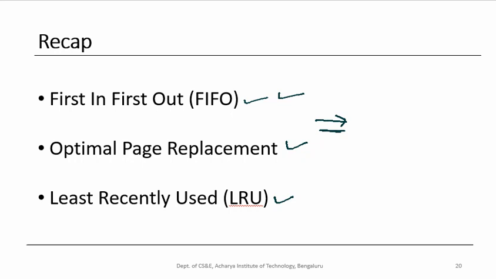In the case of the least recently used algorithm, we look back whenever we have to replace a page. We look back and see what are all the pages which are used recently, and we find out the page which is least recently used, and we use that for replacement, to put the newly requested page. So these are the algorithms that we had discussed in the last class.